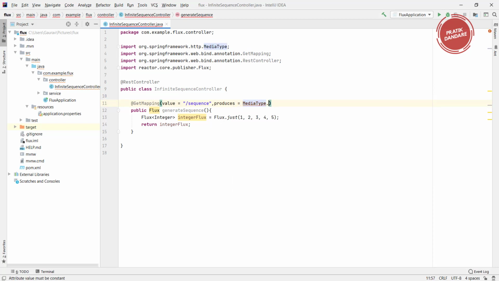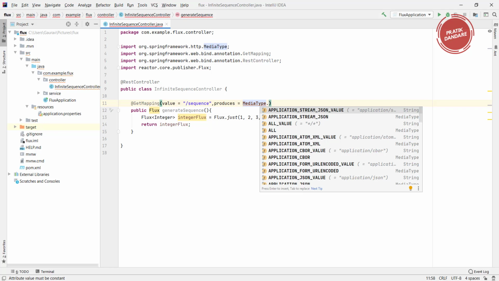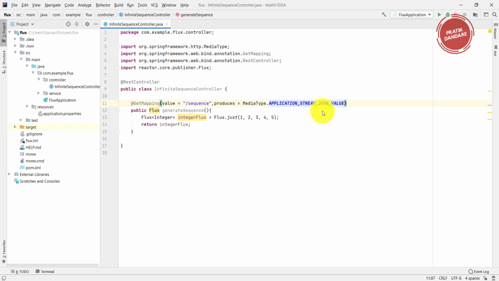MediaType dot, I need APPLICATION_STREAM_JSON, this first one. So whatever data it gets inside that Flux, it is going to stream it. If I just run it, we get output in a sequential manner.